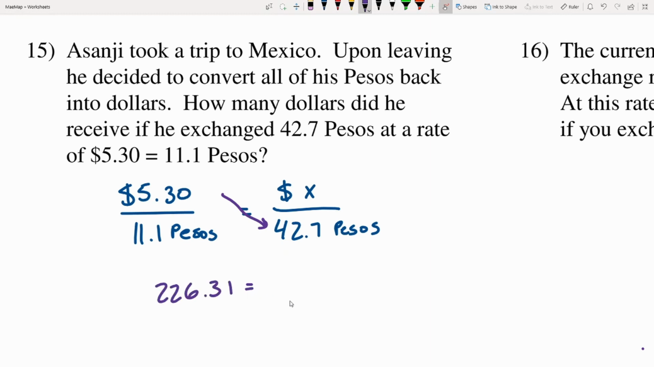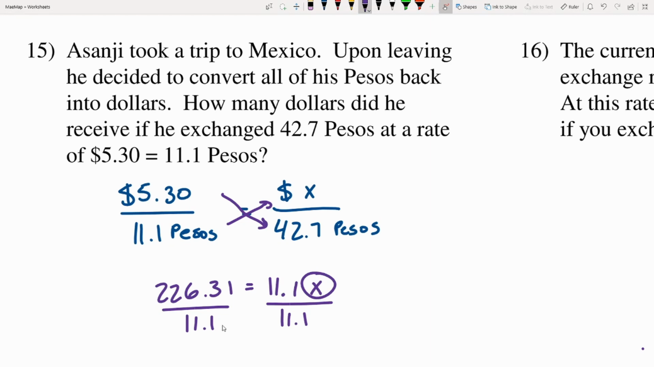And that's going to be equal to X times 11.1 pesos, or 11.1 pesos times X. So I'll have 11.1 times X. In order to isolate this X, I need to get rid of this 11.1, so I'll divide both sides by 11.1. And in doing so, when I take that 226.31 and divide it by 11.1, I get